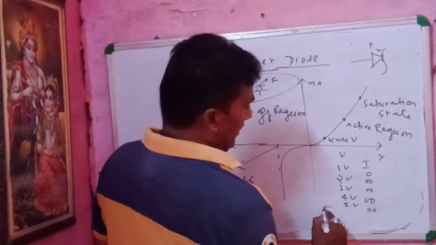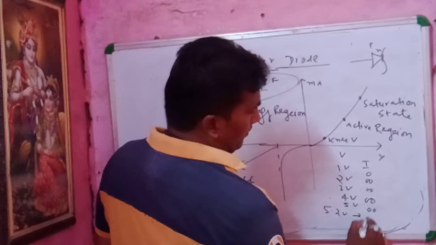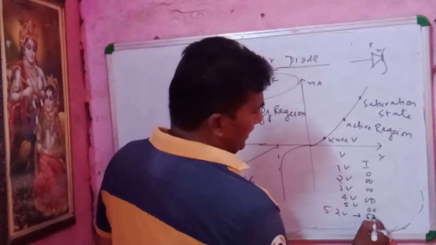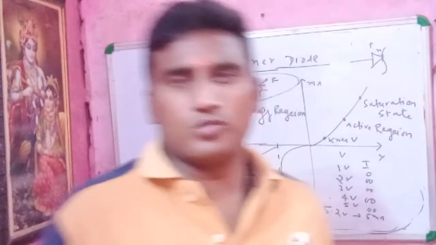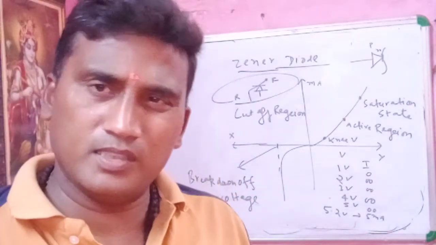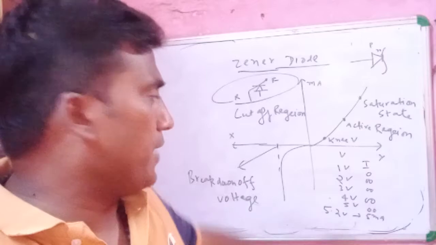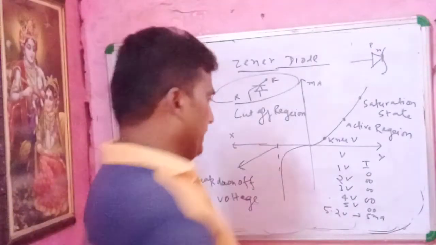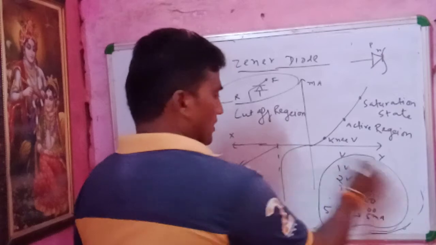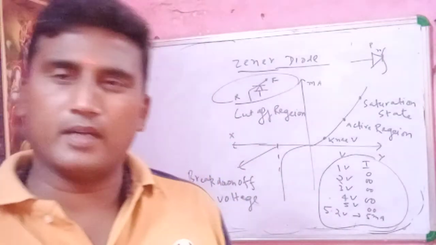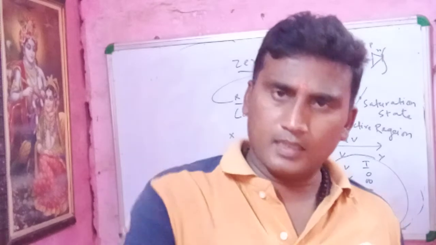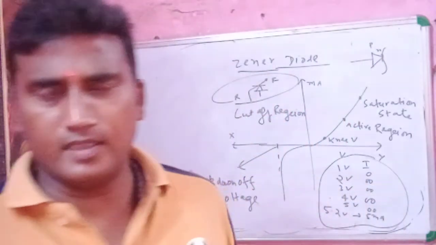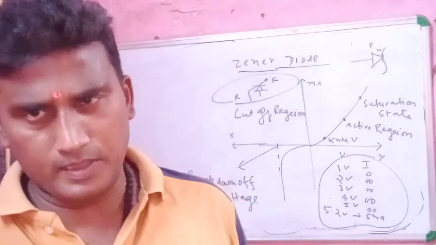But when we increase the voltage to 5.2 volt, the value of current increases suddenly to 5 milliampere, then 10 milliampere. In the lab, we always use a Zener diode of about 5.2 volt, which is useful in our devices. At 5.2 volt we observe in the given readings that the current increases suddenly. That is known as the knee voltage. What is the knee voltage? In that region, the current increases suddenly. That is known as the knee voltage.